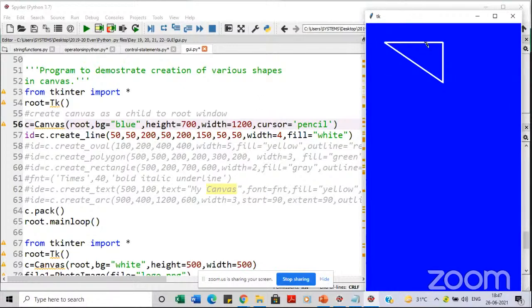Then I have taken 250, which means it will increase the x value to 200. That means this corner it is talking about. It is joining the first and second values as an xy pair to the third and fourth values as an xy pair. The next coordinate I have given is 200 and 150, so it joins this corner to that corner with a straight line. After 200, 150, again I have given 50, 50. That is the reason this corner is joining back to the initial point, which is nothing but 50,